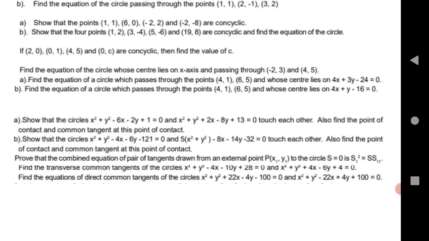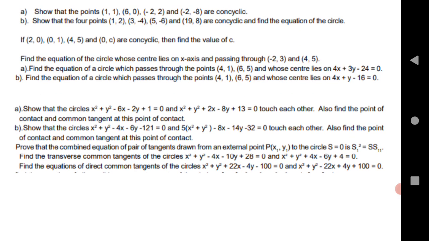Whenever the examiner asks this kind of question, what you have to do is take the circle as x square plus y square plus 2gx plus 2fy plus c equals 0. Next, substitute the 2 points. The center is (-g, -f), so in the line, in place of x and y, substitute -g and -f and you will get an equation. Solve that equation, same as for 3 points, and definitely you will get the answer. This 2-point question may be asked for 4 marks, or sometimes for 7 marks.